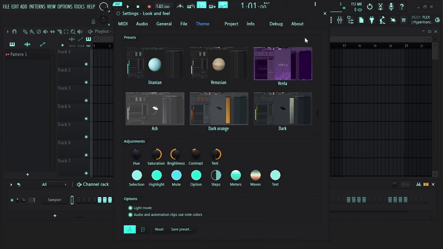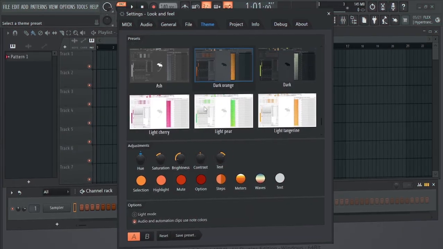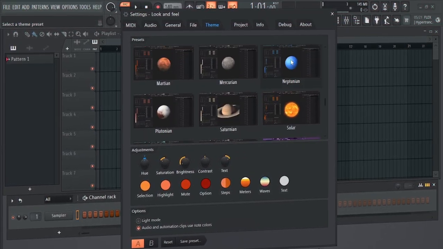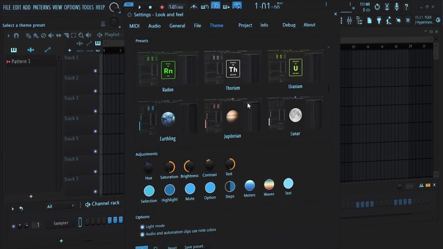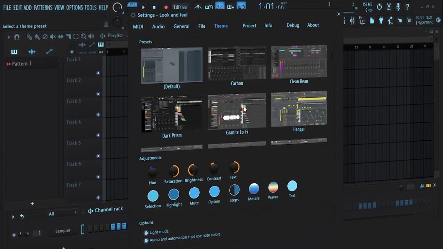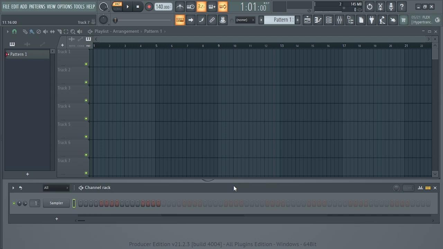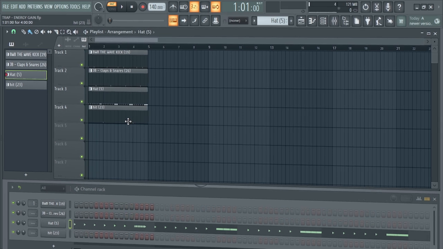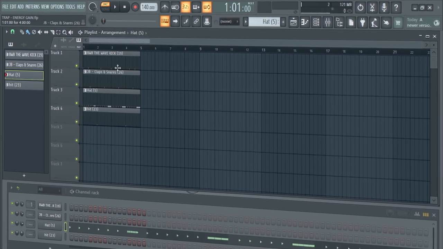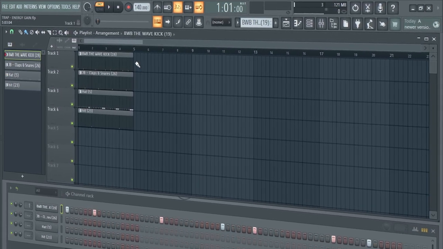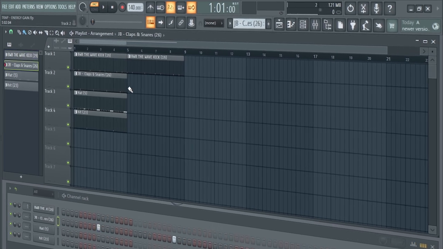Change the theme and it's going to be the same. As you can see, you can actually do this to suit your liking. Moving on to the next tip that I wish I knew earlier in FL Studio, which is going to speed up your workflow. Tip number 2: instead of slowly copying and pasting patterns onto the playlist like this, do you know